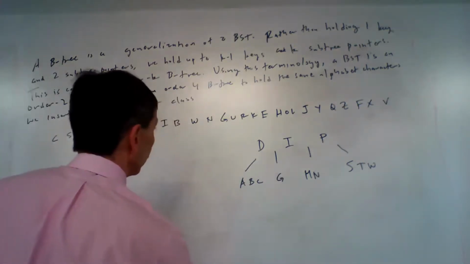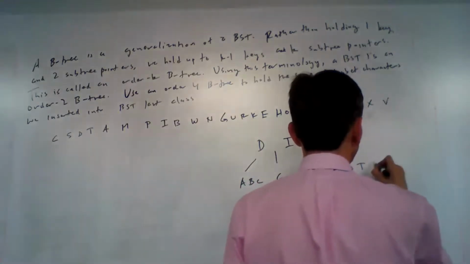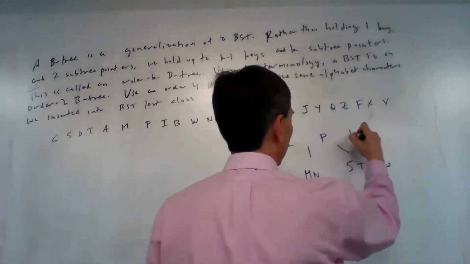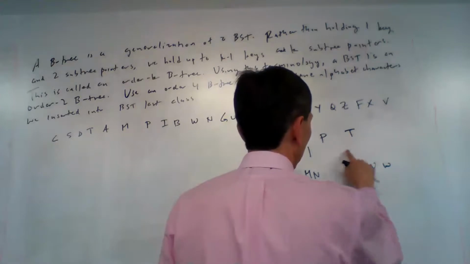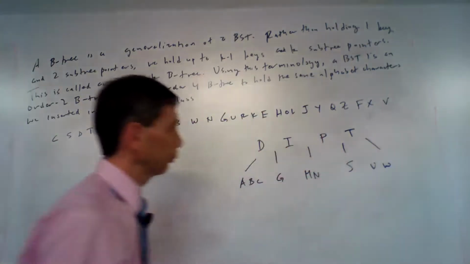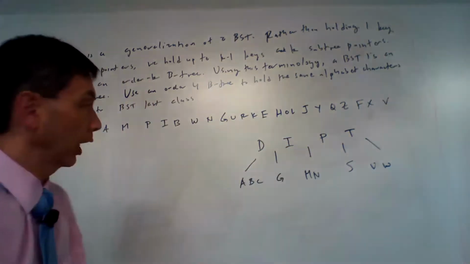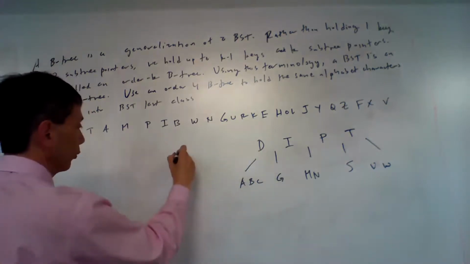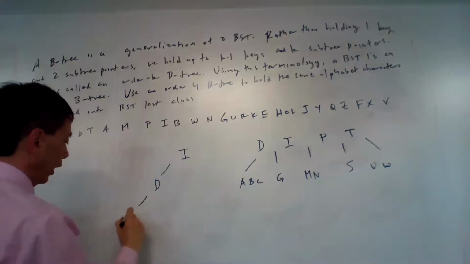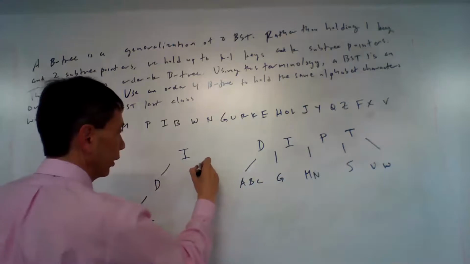And we got up to G, so now we're going to insert U, so T, U, W. Okay, so now we're going to have to promote T up. All right, and so we get this, but problem. This is overflowed now, so we're going to have to promote from here I. So we would get I, and then we would get D, and then we would get A, B, C, and we would get over here,